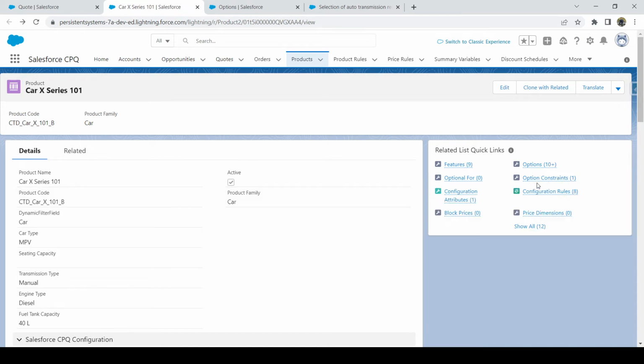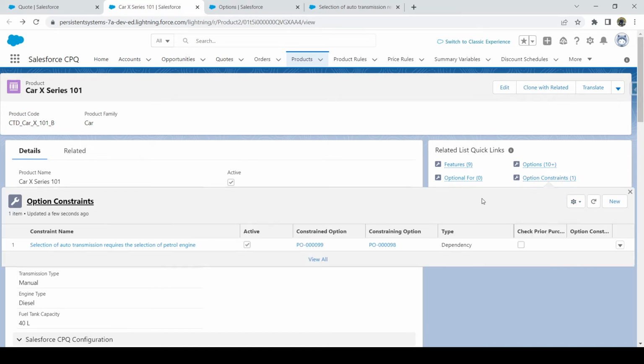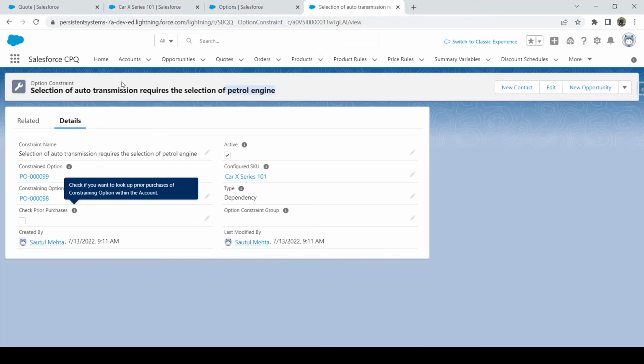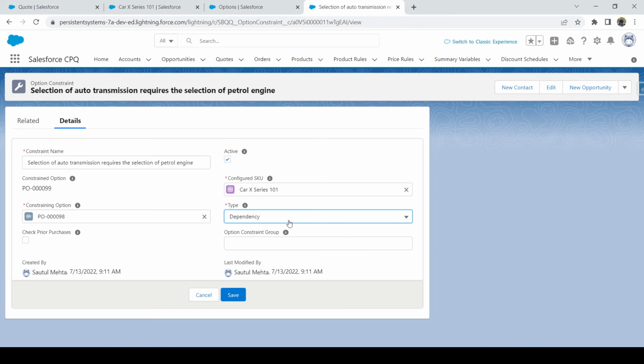Let's go to the option constraints we have. That is, the selection of auto transmission requires the selection of petrol engine. This is the option constraint we have, and if we see, the type is dependency. We are making one product option dependent on another product option. We have another type, that is exclusion.